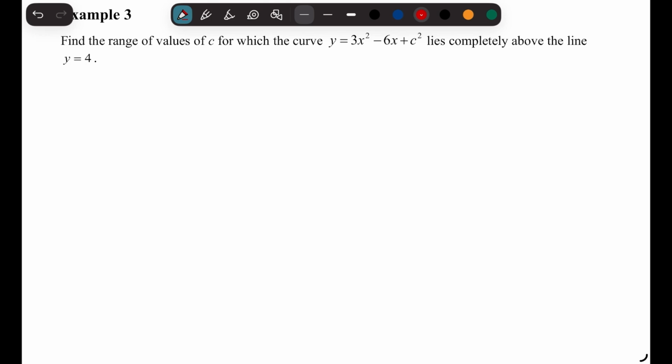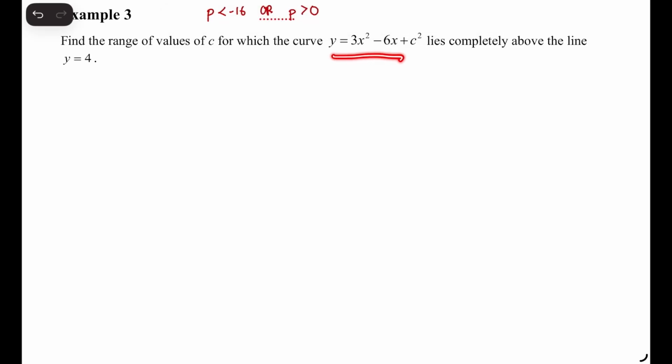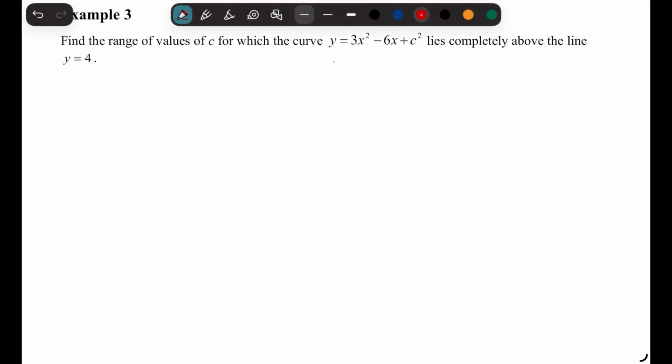Find the range of values of c for which the curve here lies completely above the line. Okay, so if this smiley face curve lies above the line, let's say this is the curve y equals 3x squared minus 6x plus c squared. This is the line y equals 4. For the curve to lie completely above the line, this means that